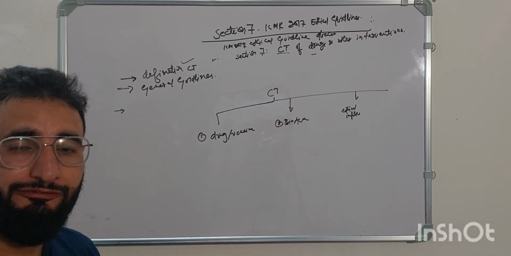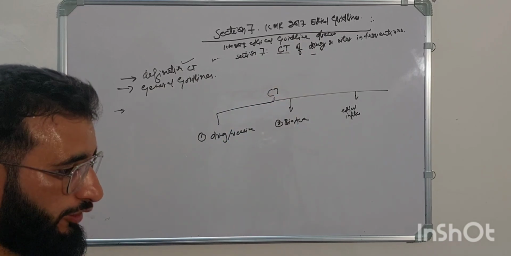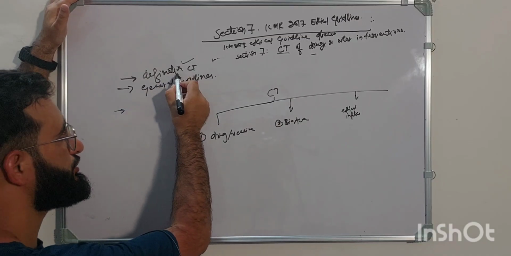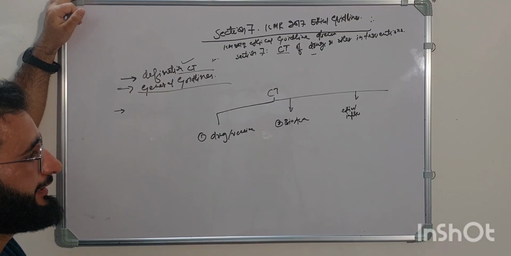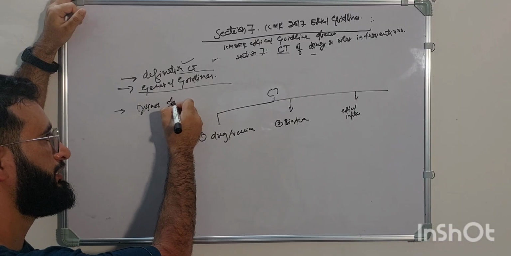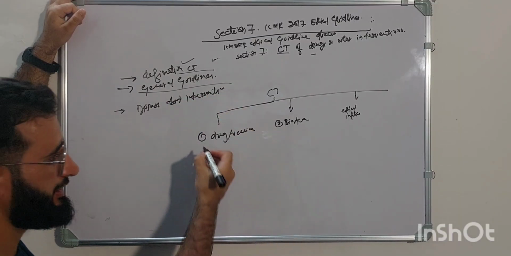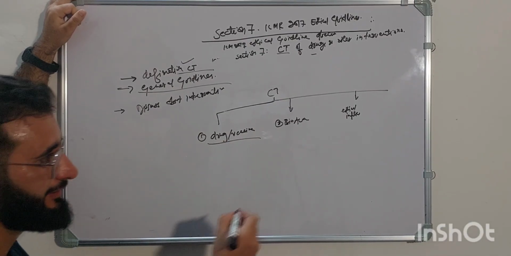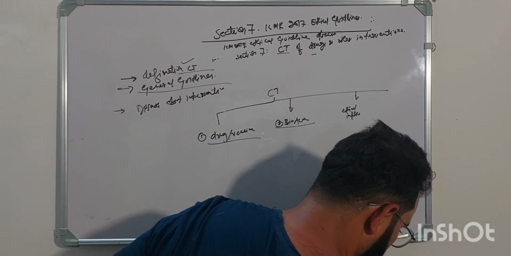If we look at the ICMR 2017 ethical guideline module, in this section they have first given the definition of clinical trials, then some general guidelines for carrying out clinical trials, then they have discussed interventions. Intervention can be drug or vaccine related. Drug and vaccine they have discussed together. Then second, bioavailability.